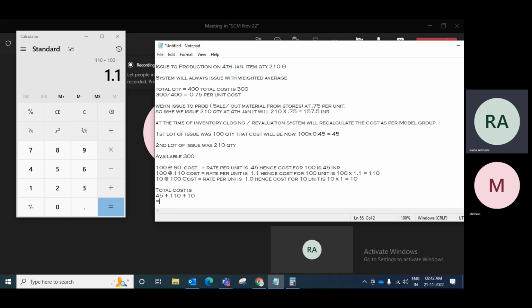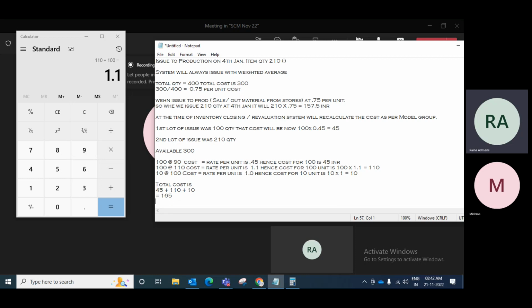Correct? 165. ठीक है? This is the cost. When you issue these 210 quantity, system will automatically